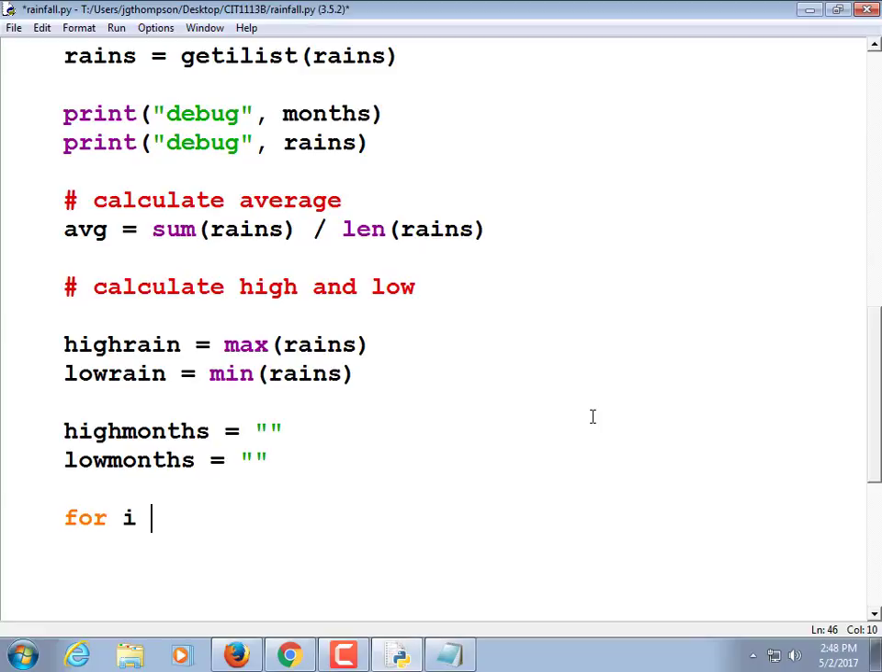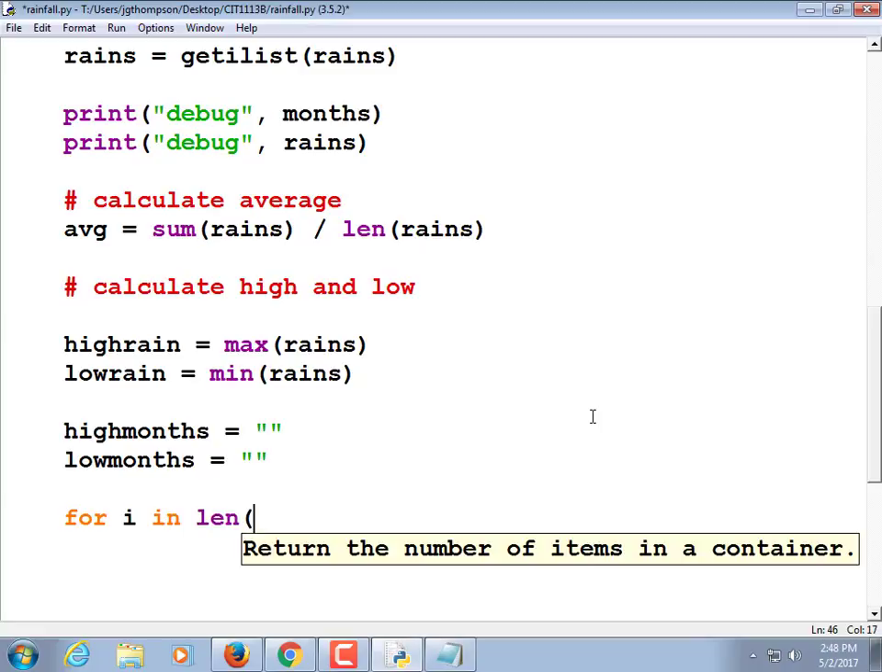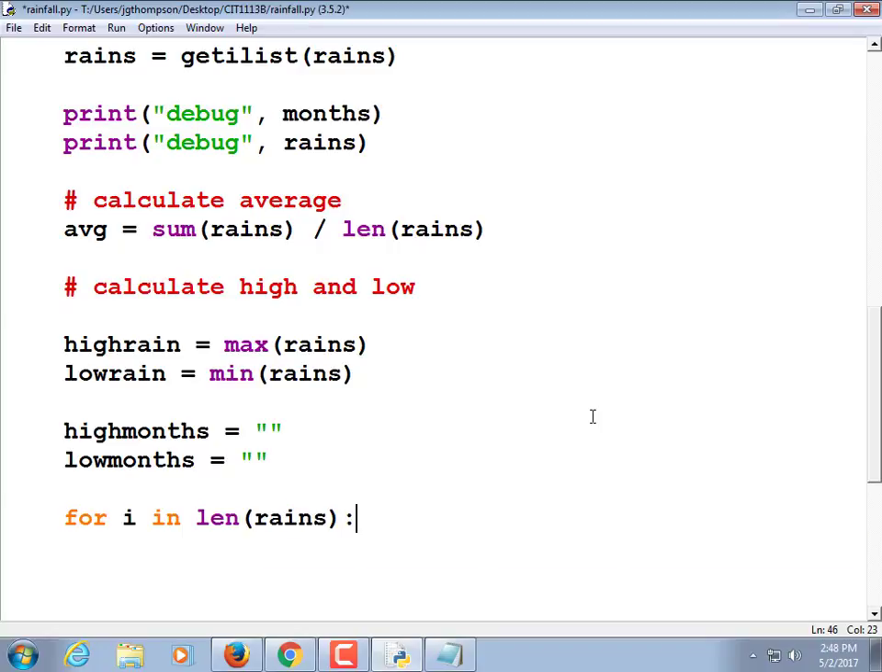Okay, so for I in the length of the rains list. What's the length of that list once we've removed Joe? It had 3 elements. Now it's got 2. For that month, rain is equal to rains parentheses I. If that rain is equal to the high